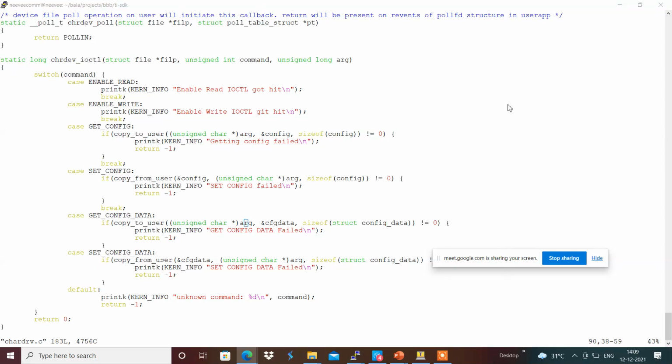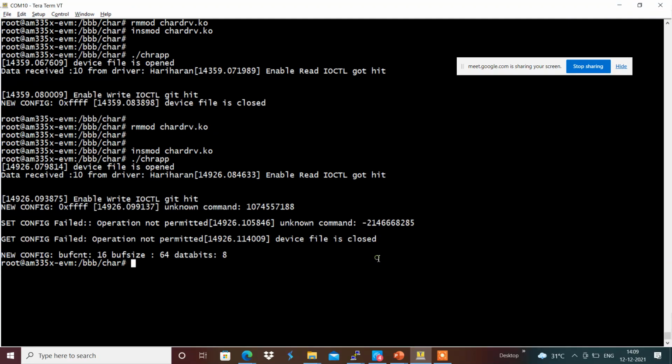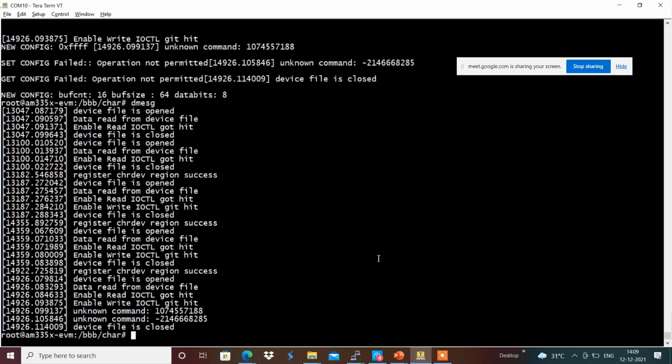But enable read ioctl got hit, and write ioctl got hit. But the thing is, this one has the issue that we will see. Set config data over here, and maybe